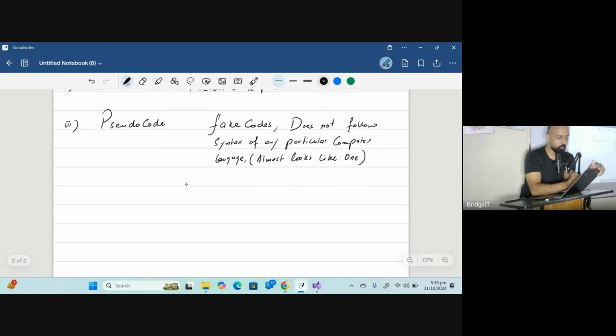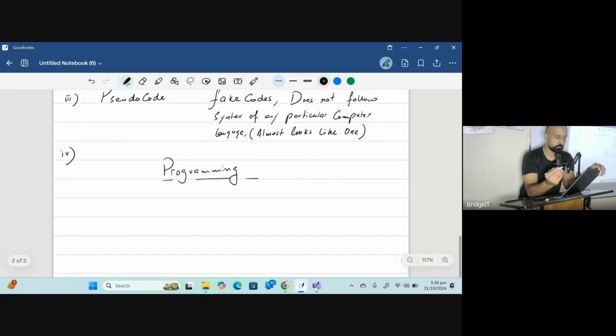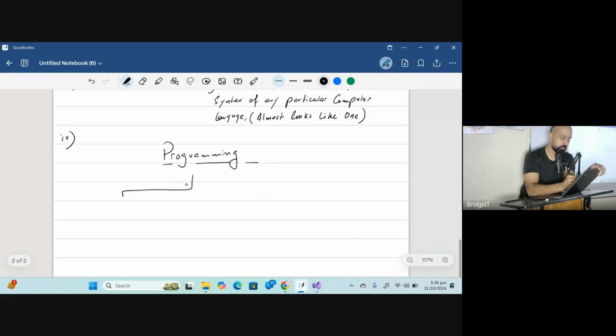The fourth one, the tool that we are going to use, will be programming. We'll be using Visual Basic .NET, but console applications, console app, and similarly in Python.